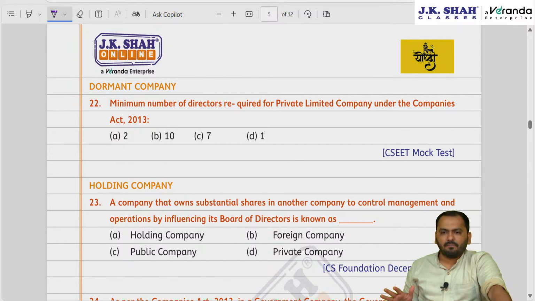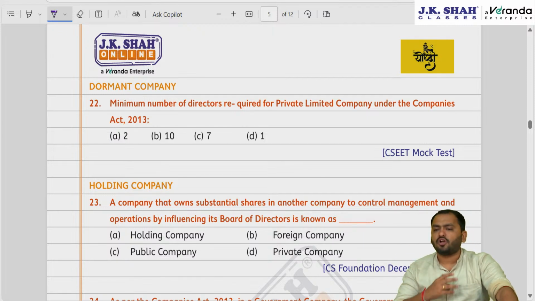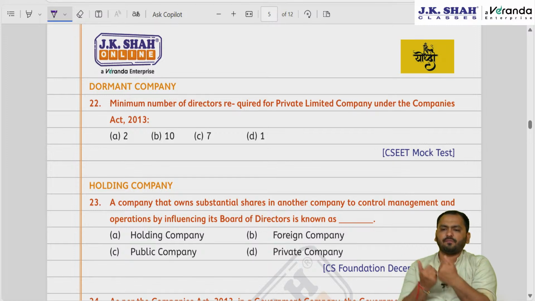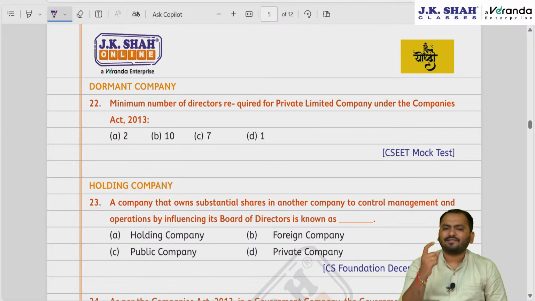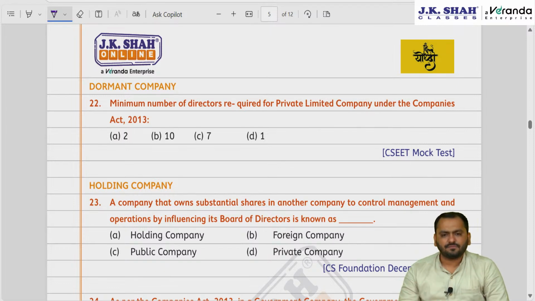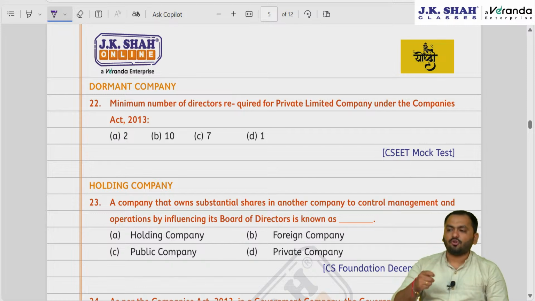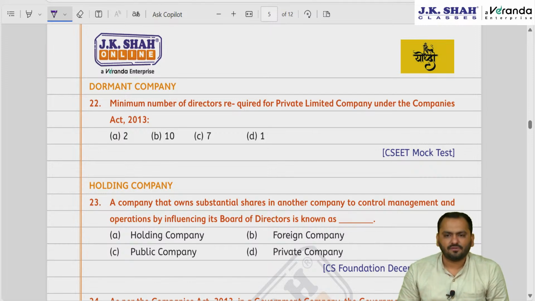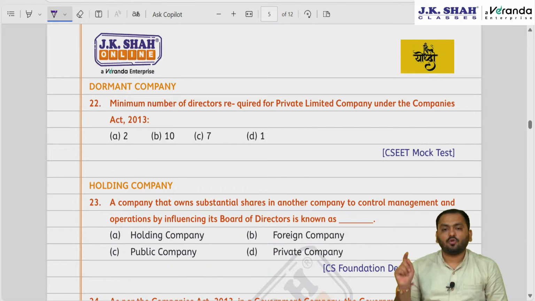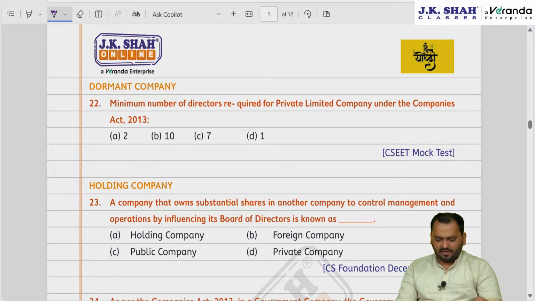This is done. But once you get the dormant status, for how many years can you remain dormant? You have already received the permission, but for how many years can you remain inactive? The answer is, your dormant status is valid for 5 years. Maximum 5 years, not more than that. Before expiry of that 5 years, you need to apply for active status. If you don't apply for active status before expiry of 5 years, then ROC will strike off your name. Okay, so that is how it is.